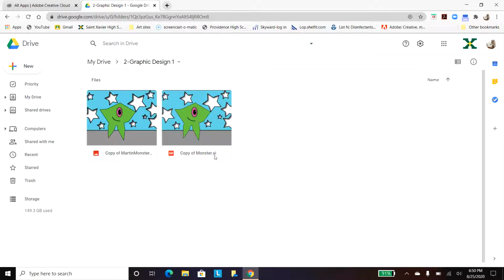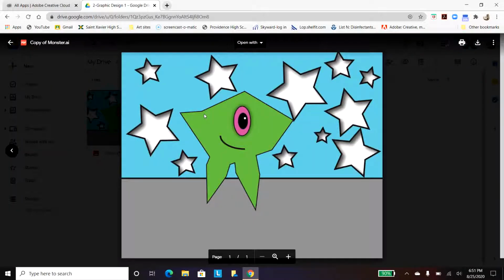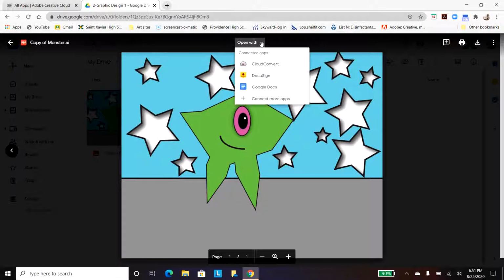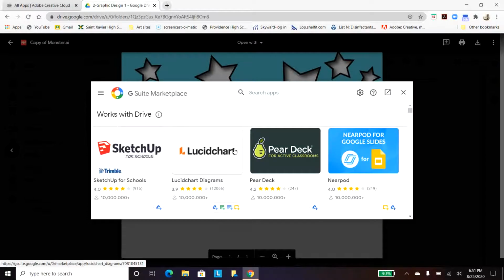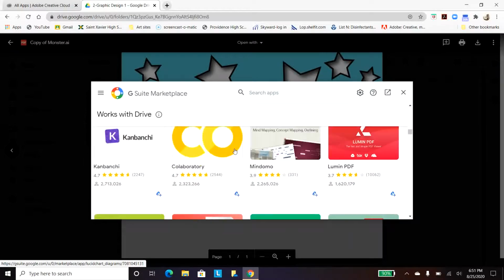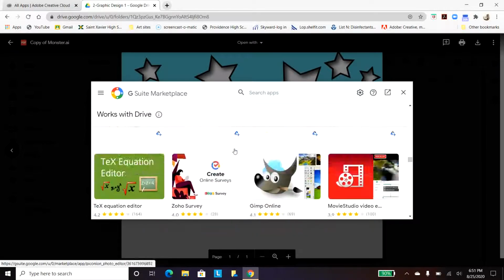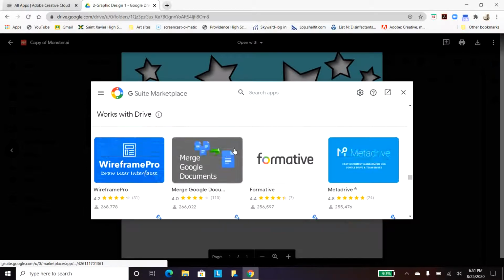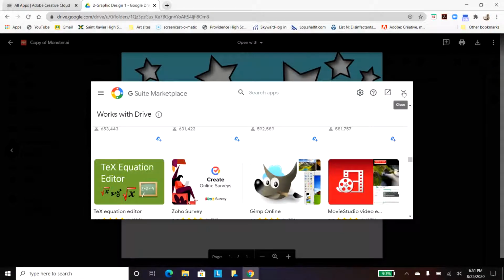All right, so this little guy here says that he's an Adobe Illustrator file, and I know he's Adobe Illustrator because he says AI at the end of him. Okay, this guy, when I hover over him, tells me he's a JPEG, so he's just a photograph of my work. So if I want to open him up, I should just be able to double click on him and tell it to open with Adobe Illustrator. Now, if your little guy goes through all these different things and it won't tell you that you have Adobe Illustrator on your computer because it's not smart enough to figure it out and it's trying to find another app,